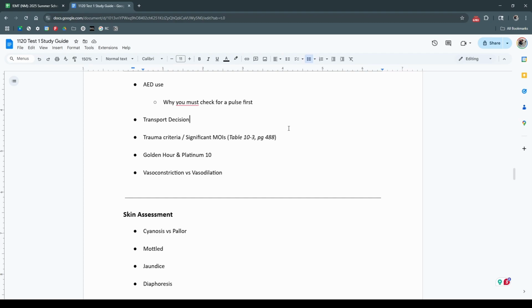You should be able to differentiate golden hour and platinum 10. Now, I don't think these concepts are largely pushed or even largely taught anymore, but I do think it's important to emphasize to students that in many cases they should aim to be off scene in 10 minutes, specifically for trauma, and that first 60 minutes, or the sooner we can get them to definitive care, oftentimes the better